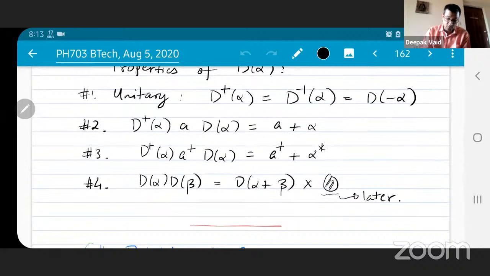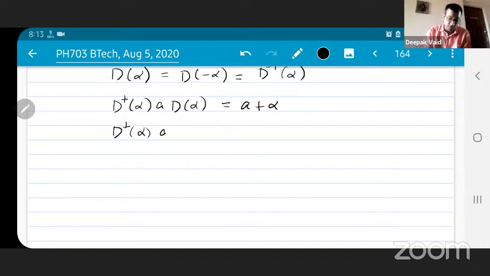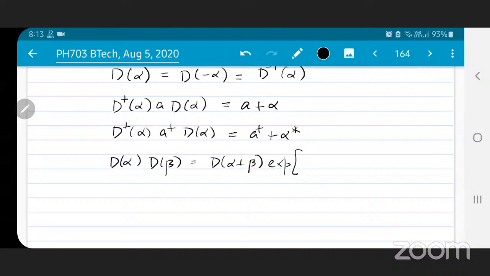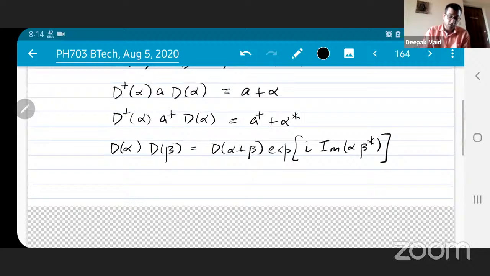we will see these properties, and then it has another effect on the A dagger, which is to take A dagger and shift it by the complex conjugate of alpha. And then we have the fact that if you take the product of two of these, d alpha plus beta times exponent I imaginary alpha beta star. Okay, so